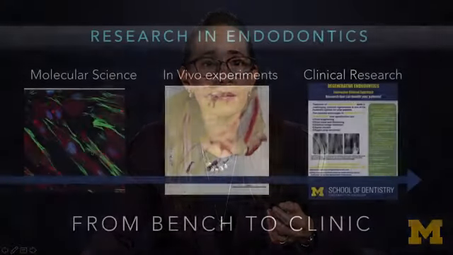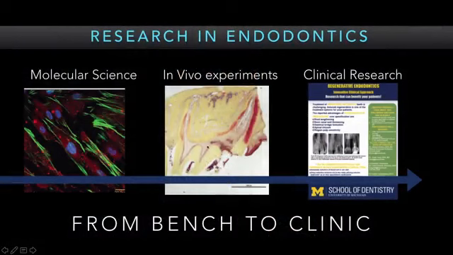We can say that the research in endodontics comes from this more inside of the cell type, molecular science. This is part of the research we have done here at the University of Michigan, trying to recognize the receptors for bacteria in some of the dental pulp stem cells. In vivo experiments that we do in animal studies, trying to see how is the reaction to the protocols that we do in teeth, or nowadays that we are researching with clinical research. So we are coming from bench top experimental design to clinical research to put all that we are learning in our patients to treat and to save teeth.